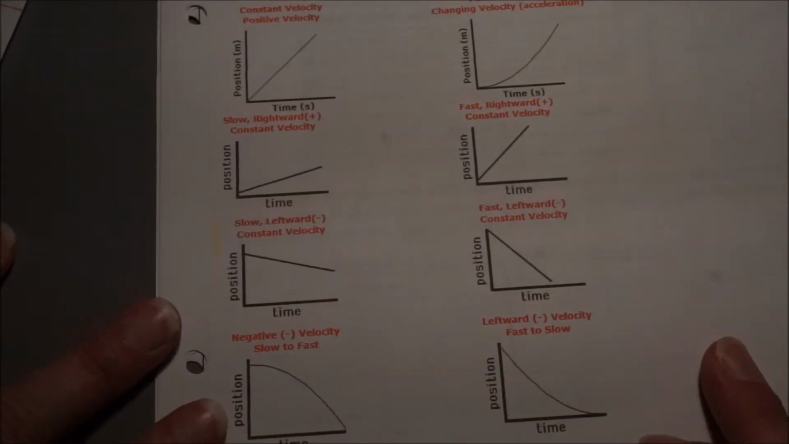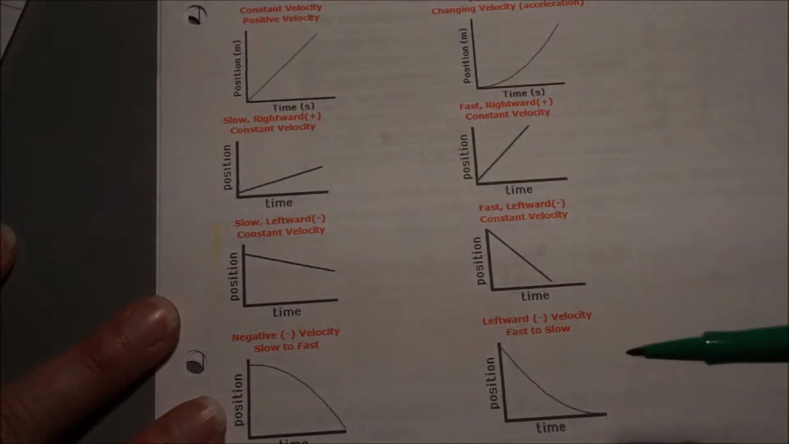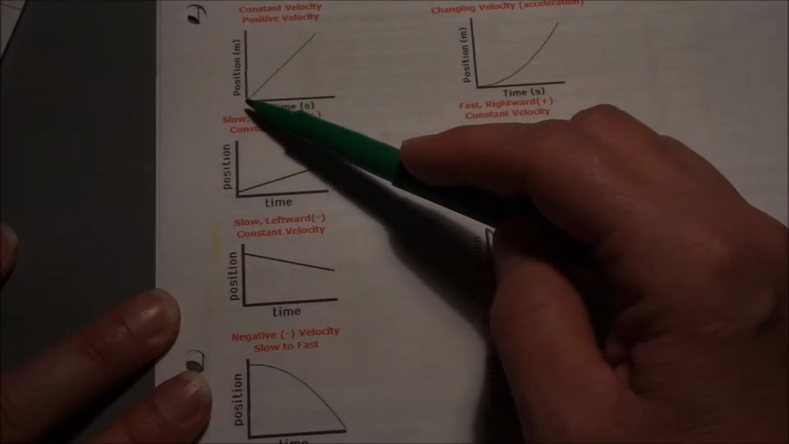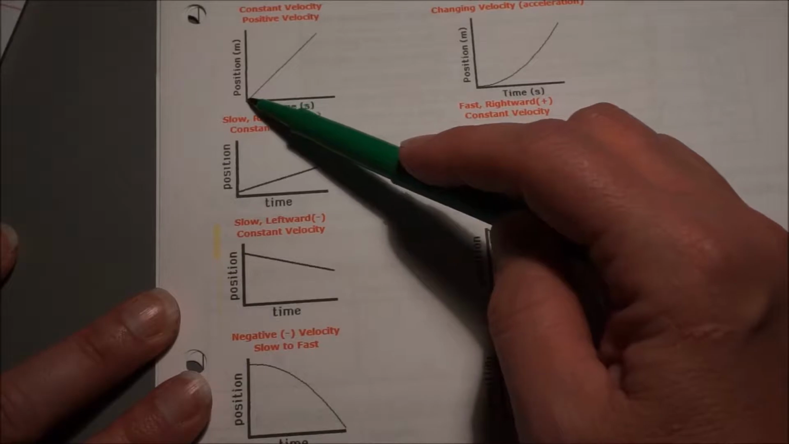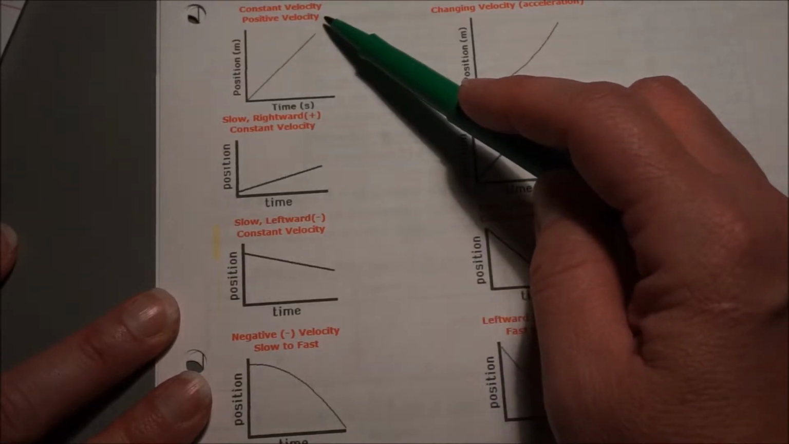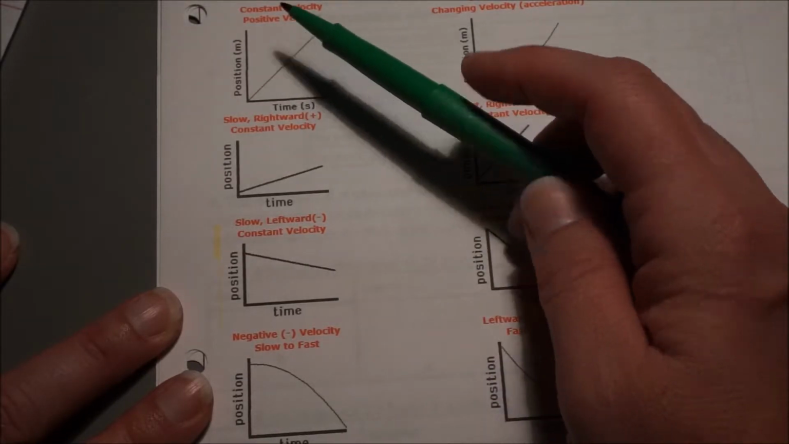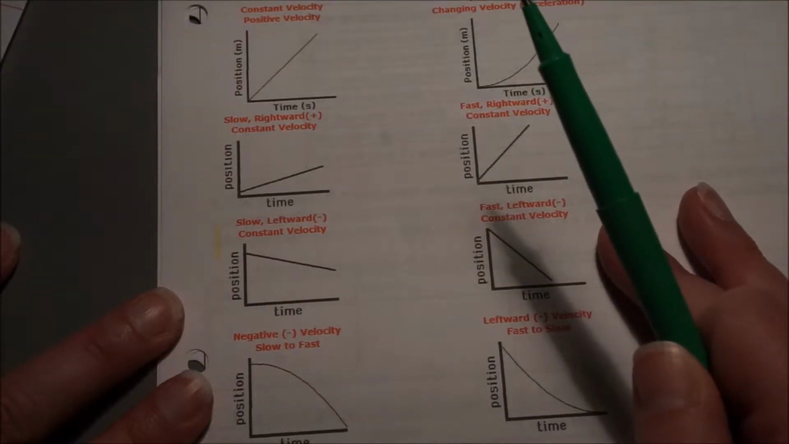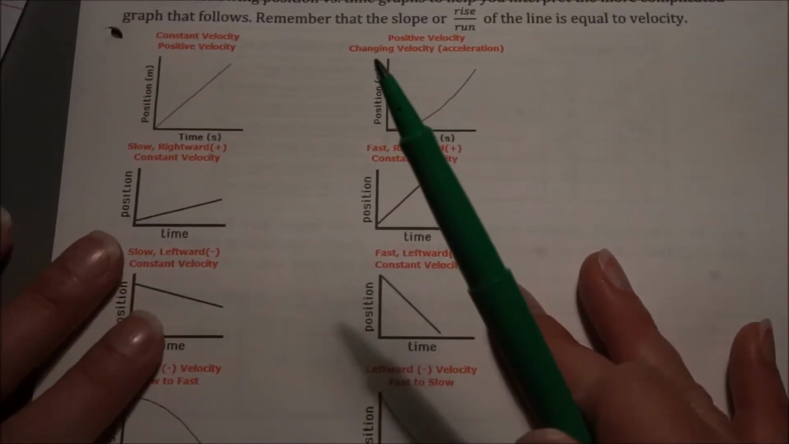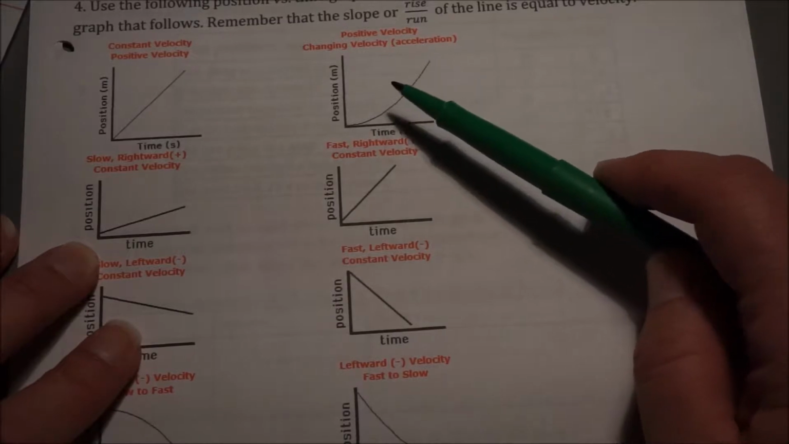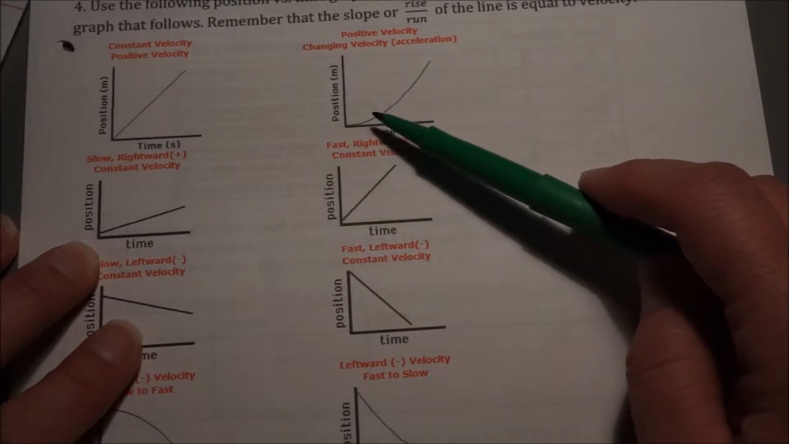It is our position time graph. You'll see that I've given you some sample graphs that tell you what they mean. In other words, if they have a positive slope, meaning if they start towards the origin, 0, 0, and move up, the position is increasing over time, that would be a positive velocity, or something that's moving in the forward direction. If they have a curvy line, or a changing slope, that would be something that is experiencing a change